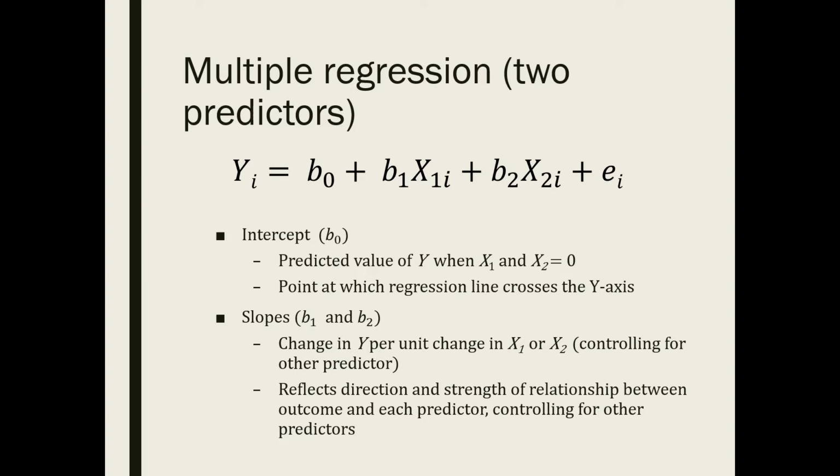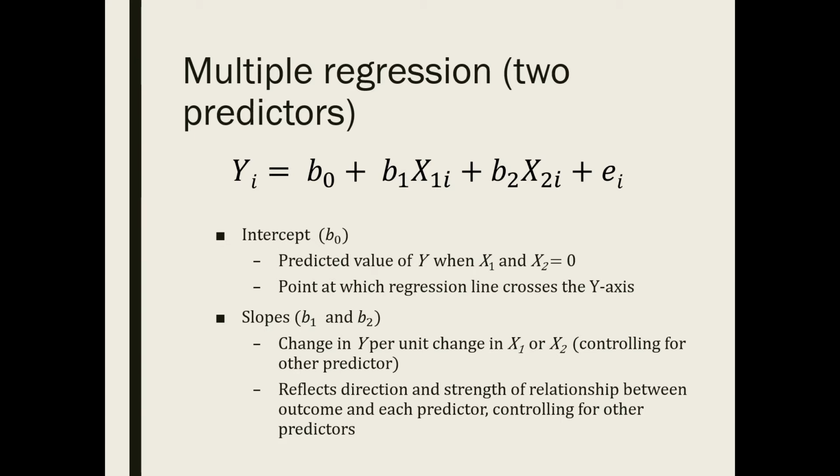And continuing on from that, b2 would be the change in y per unit change in x2 when we control for x1. So the part that we care about here is the fact that it's still the slope, still looking at the change in y per unit change in something about x, but because we have multiple predictors, we're specifically controlling for